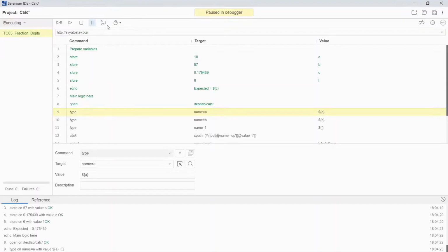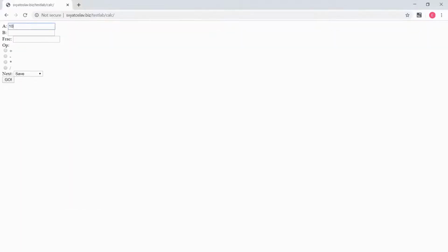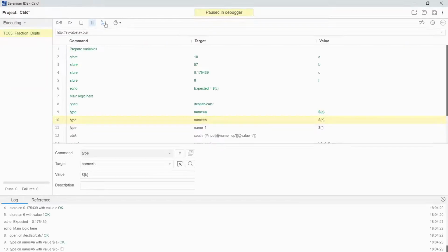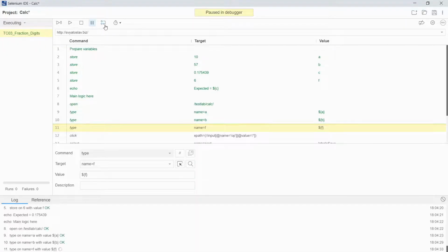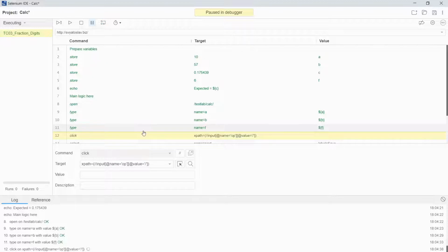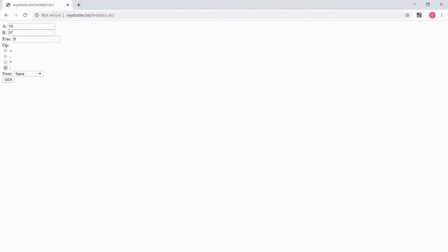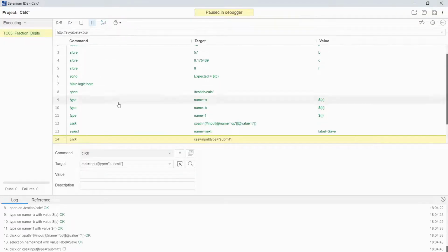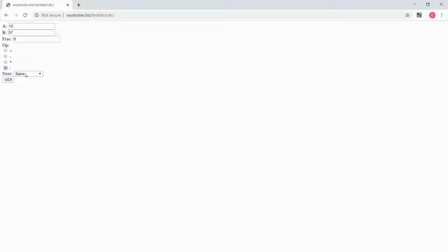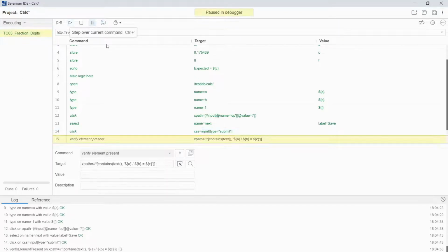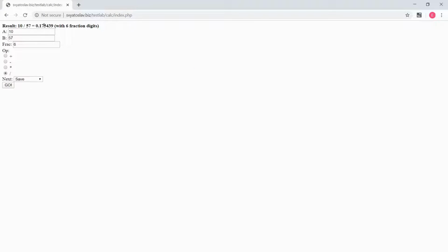Yes, this page is clear, then we fill the first operand, yes, 10 is here, then the second should be 57, yes, 57 is here, then fraction digits number should be 6, yes, 6 is here, then we select division, yes, it's selected, then we select save, yes, here it is, then we click the button. So here is the result. Here we see this result and this label with 6 fraction digits here.